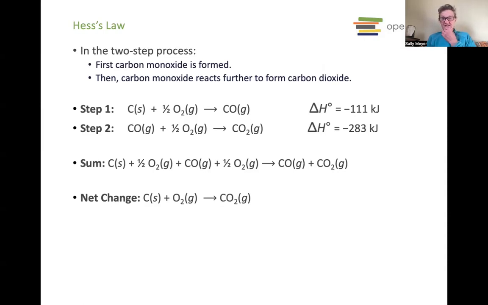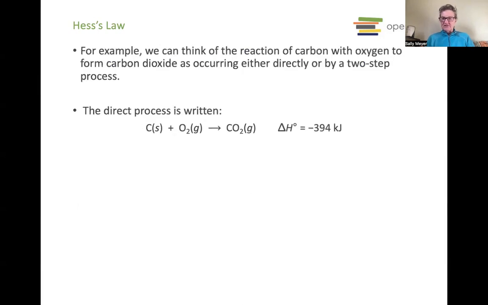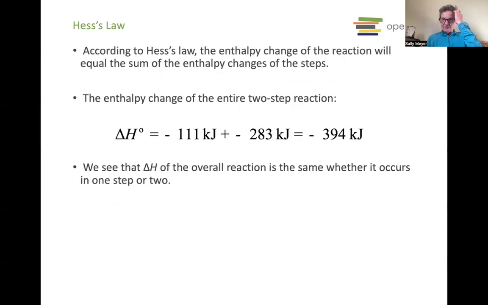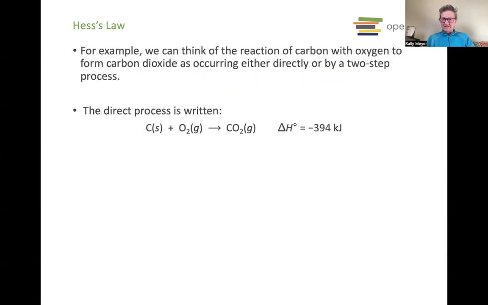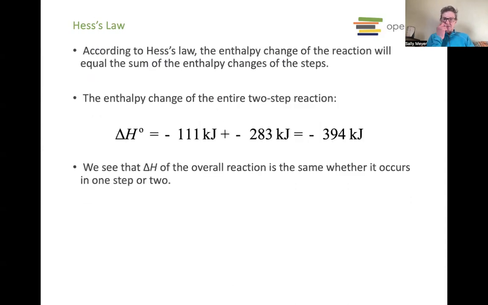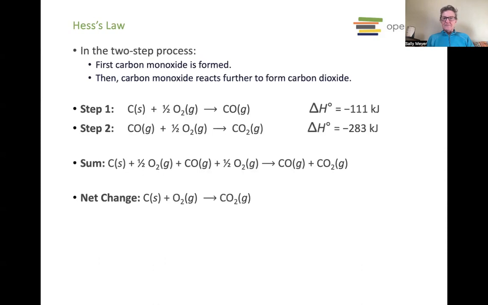When you add those two reactions together, you notice that the carbon monoxide cancels from both sides. So there's no net change in carbon monoxide with these two steps. And the 1/2 O2 adds with the 1/2 O2 to make 1 O2. And so these two steps are equivalent to this reaction. And so if we add those two steps together, we should get the same negative 394. And yes, indeed, we do. So those two steps are equivalent to the overall reaction I'm looking at.